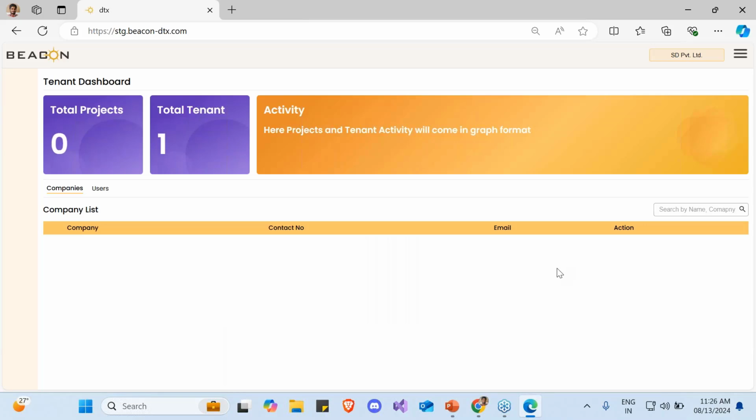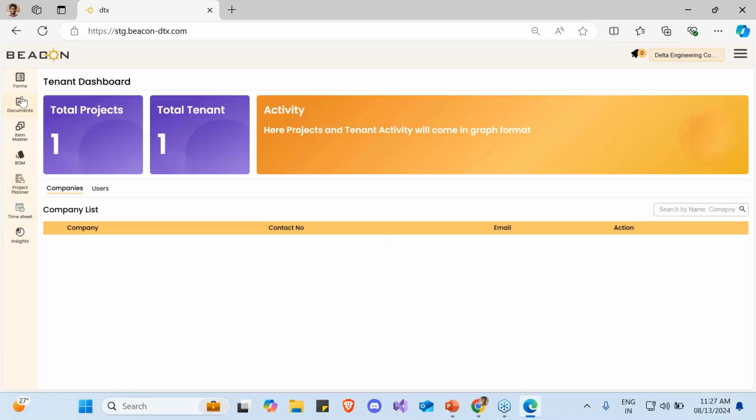So now I have logged into Sriganda's ID, that is my vendor basically here. As you can see, since I logged in as a vendor, I don't have any of my modules. It's pretty much empty over here because as a collaborating vendor, I just work on the items that have been shared by Delta Engineering. So how do I access that? I can access it from here. You can see Delta Engineering Corporation. Upon clicking that, I get access to the data with regards to Delta Engineering that has been shared with Sriganda. We'll come to this page in a while.